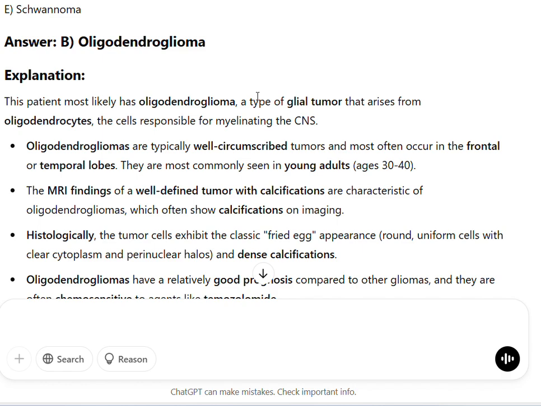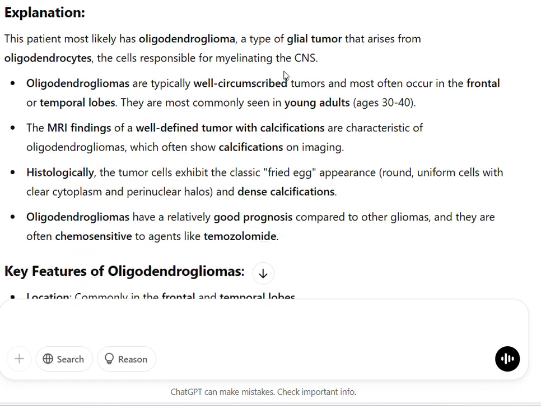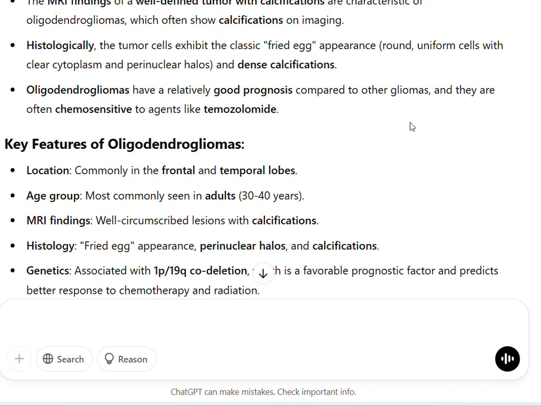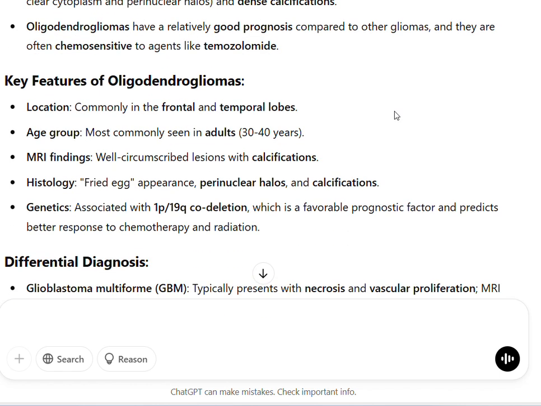Histologically, the tumor cells exhibit the classic fried egg appearance: round, uniform cells with clear cytoplasm and perinuclear halos, and dense calcifications. Oligodendrogliomas have a relatively good prognosis compared to other gliomas, and they are often chemosensitive to agents like temozolomide. Key features of oligodendrogliomas: location, commonly in the frontal and temporal lobes; age group, most commonly seen in adults,